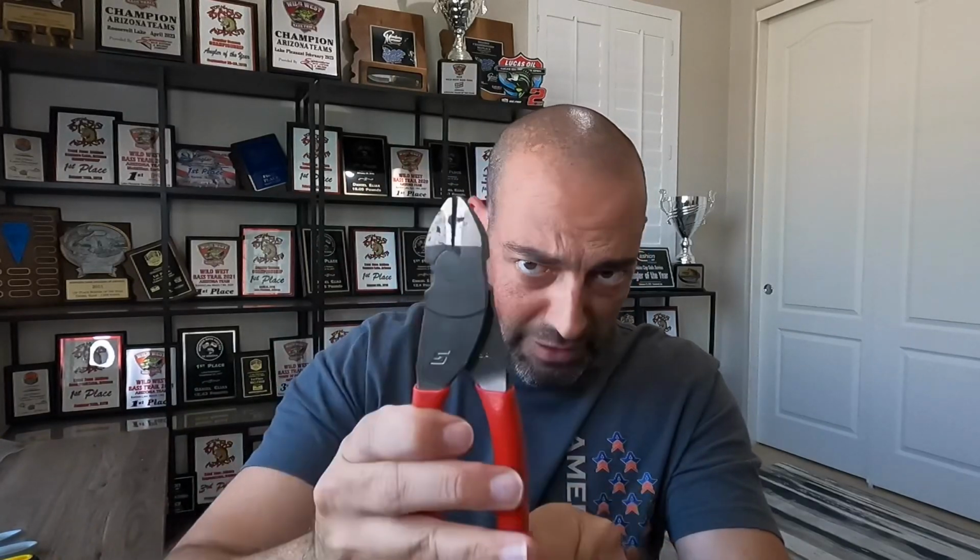Last one I'm going to give you, and probably the most important overlooked tool in anyone's boat, is a good pair of heavy duty side cutters. These are made by Snap-on Tools, and I really, really recommend these. They're not cheap. Snap-on tools are expensive, but the reason why you want a pair of heavy-duty side cutters is